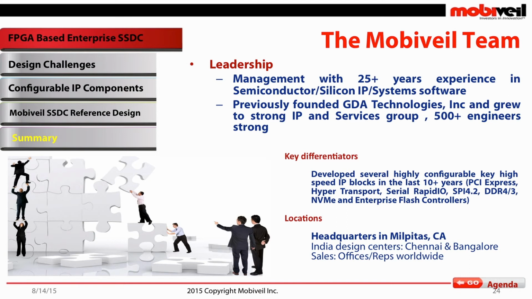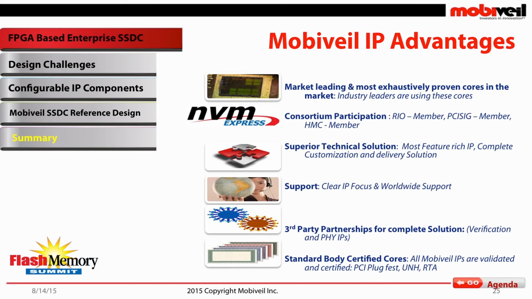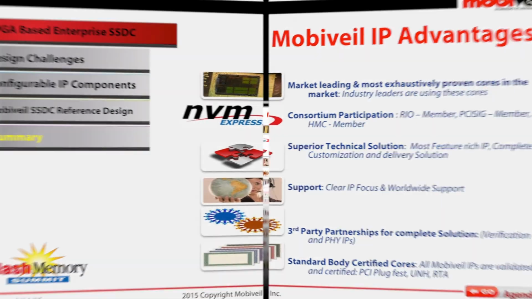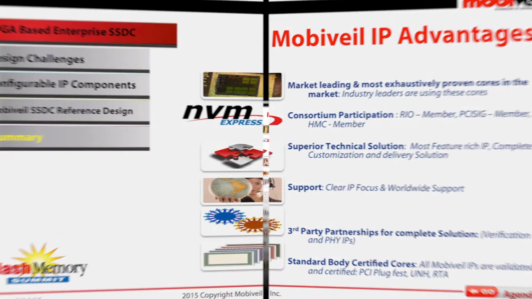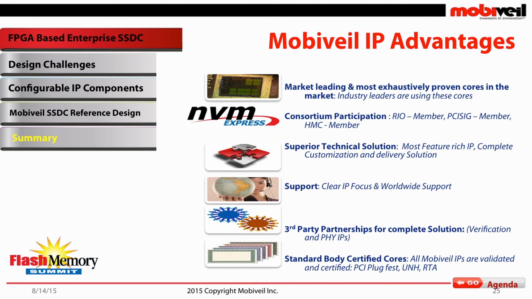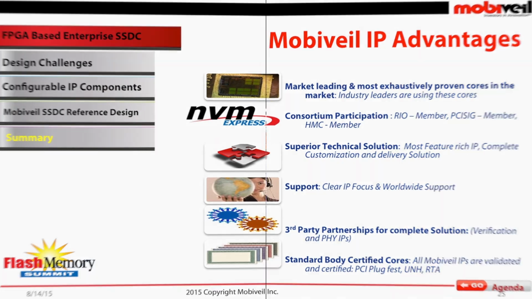And this is one slide which I want to highlight. As I said, there is a lot of configurability required for us to serve different needs in the market. So our IPs are architecturally configurable so that we can tweak requirements as needed from the industry. And we do a lot of certification. NVMe, we actually got it certified. The PCI Express is a plugfest through the PCI SIG. Our focus is to serve the actual requirement by providing these IP components and building a design which one can start with. Thank you.